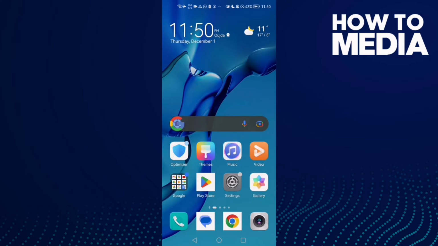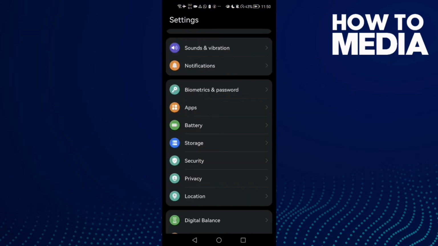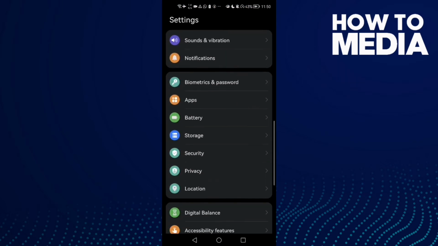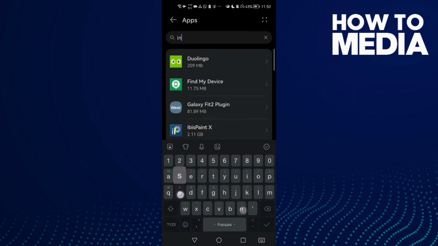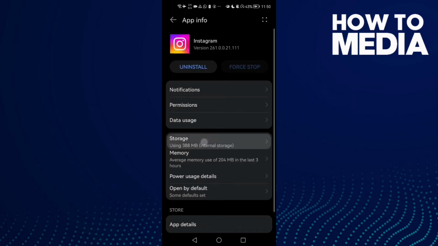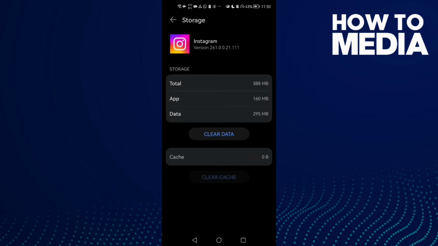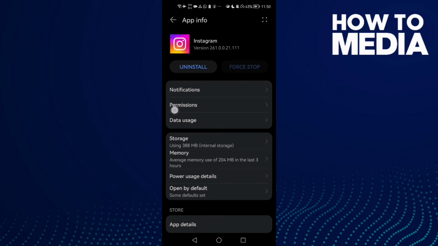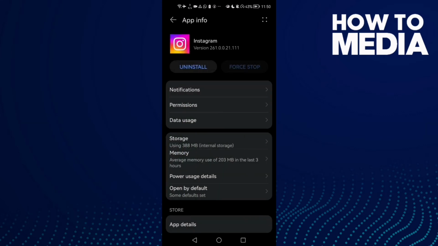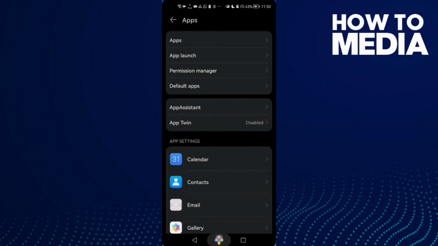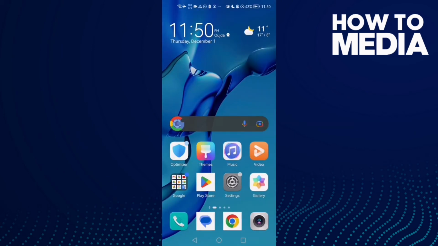First thing you need to do here is to go to settings and then scroll all the way down until you find your apps, then click apps again. Type here Instagram, click on it. Now go to storage, clear cache, and here just go back, go to permissions, make sure all of those are enabled. This one is for Android users, and if you have an iPhone, just turn off your Wi-Fi, then close